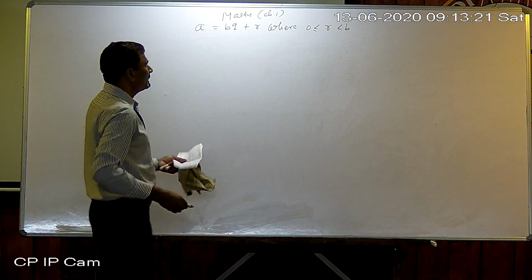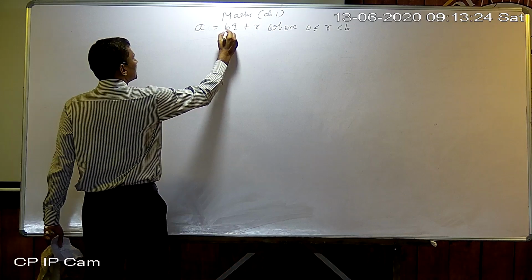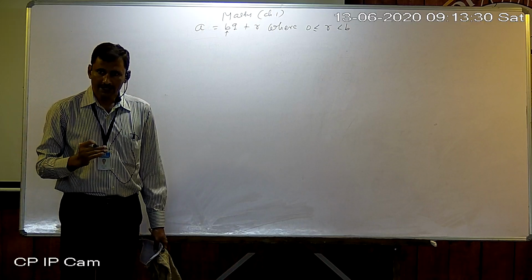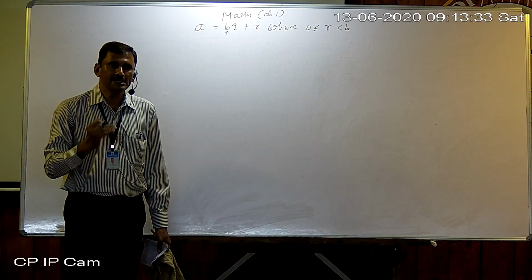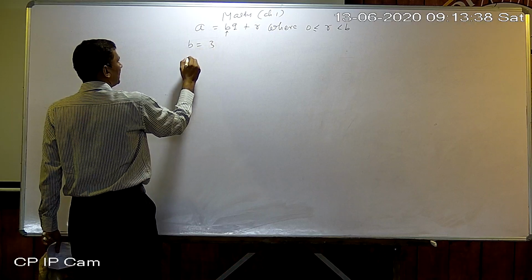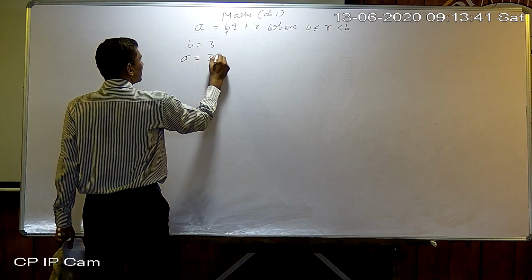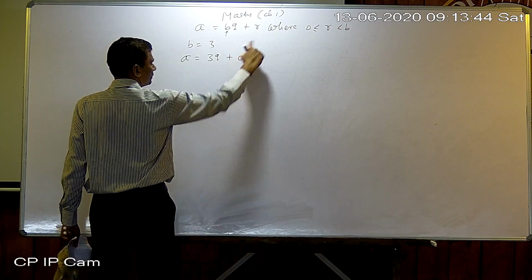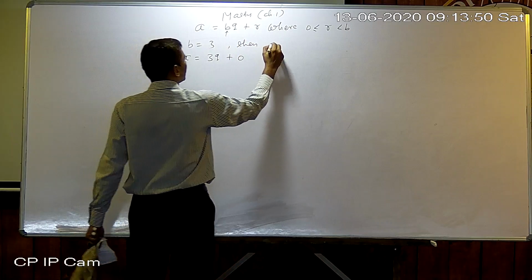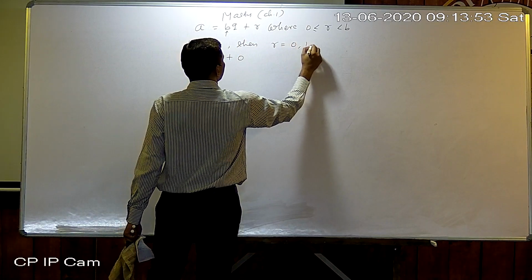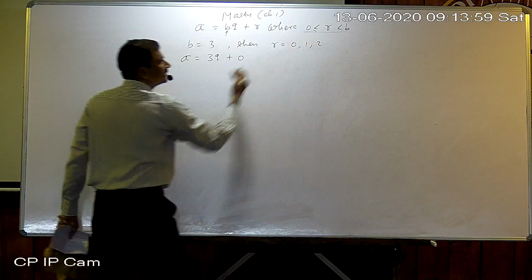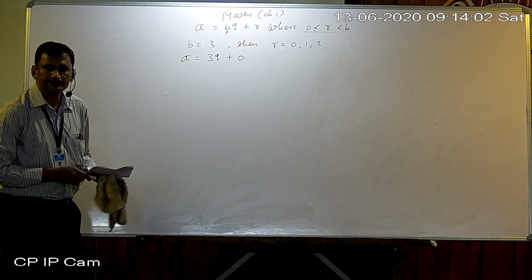Okay. So first of all, suppose you decided B as 3. We have to decide; it is up to us what to decide as B. So suppose B is 3, then I can write A equals 3Q plus 0, because if B is 3, then R can be 0, 1, 2. Why? Look there. Less than B. Okay? And start from 0.